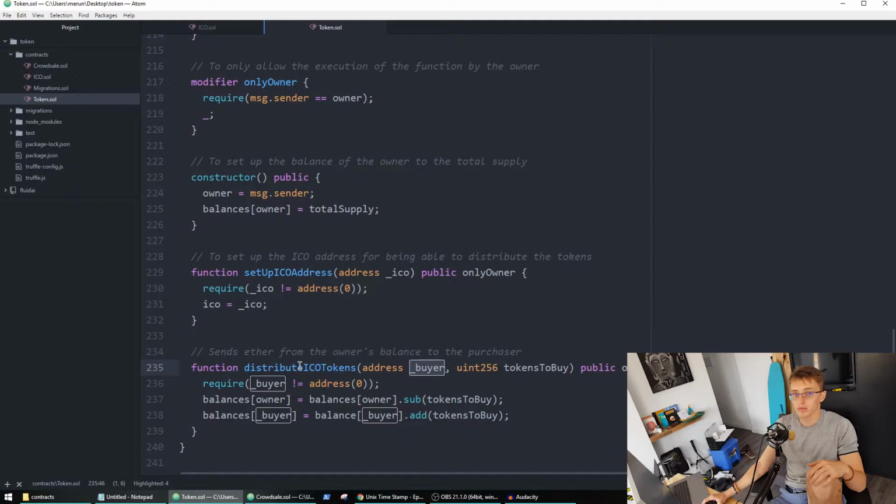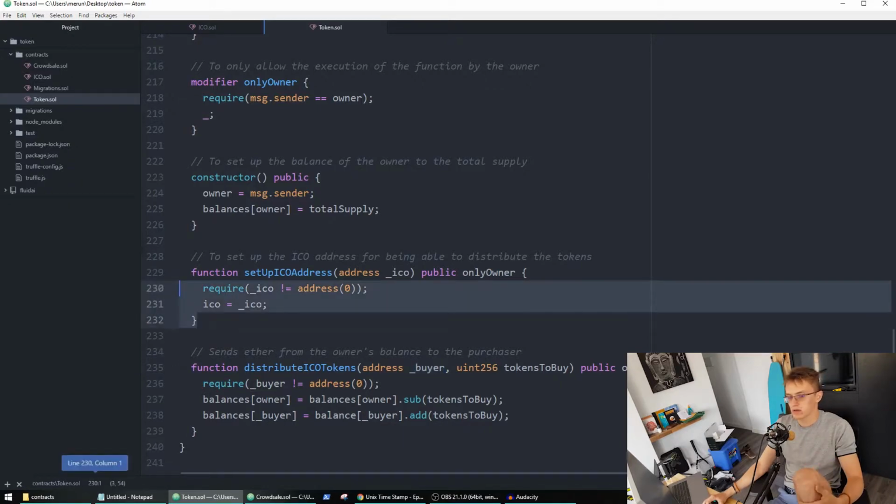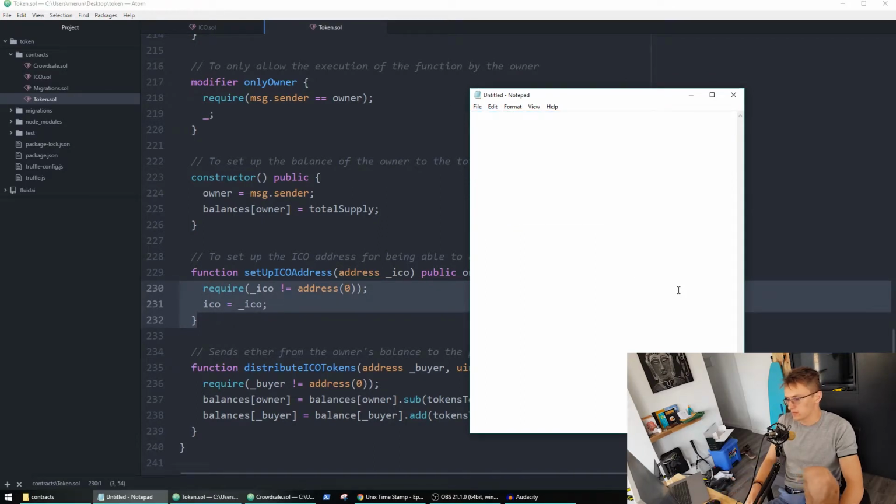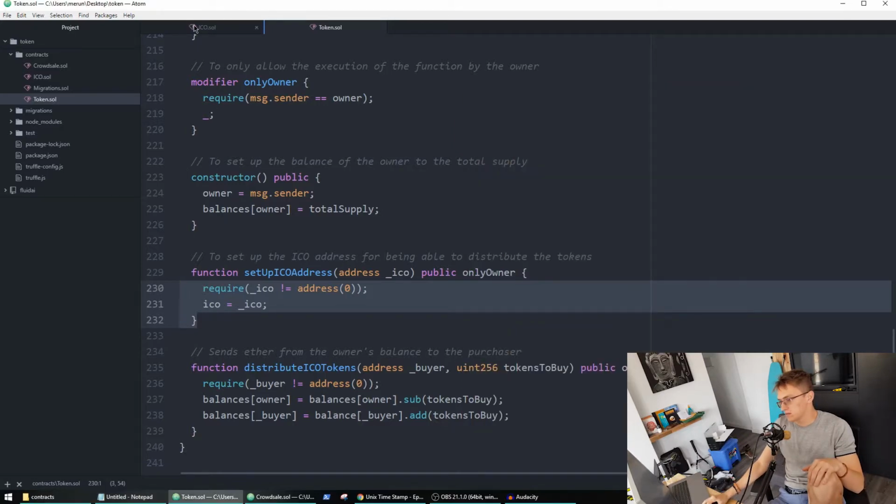Of course we will have to deploy a new version of the token. Now here's what we're going to do. We're going to first deploy. First I want to tell you about the importance of auditing this contract, because this contract is, you will have